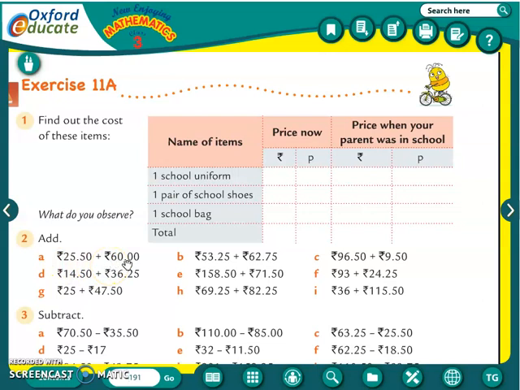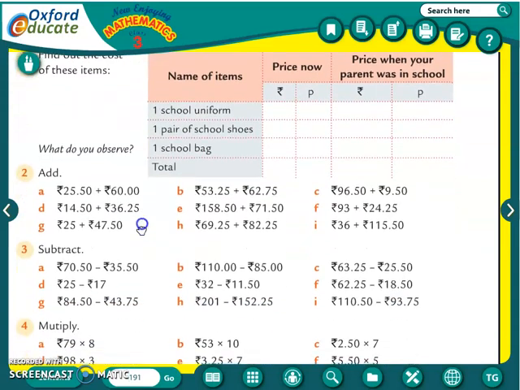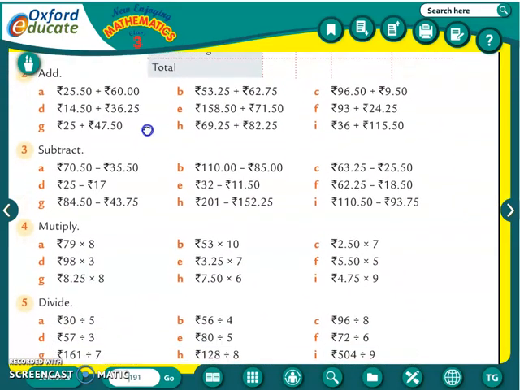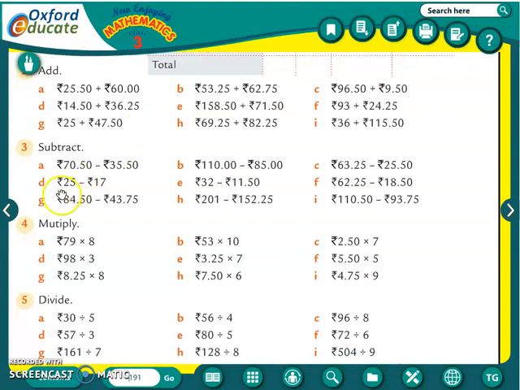plus rupees 60. So write these numbers properly, and you have to do this addition also in your notebook. The whole exercise you have to write in your notebook. Like this, third question, that is subtraction, that also you have to do in your notebook. The only change is the sign of rupee and the dot that is given for